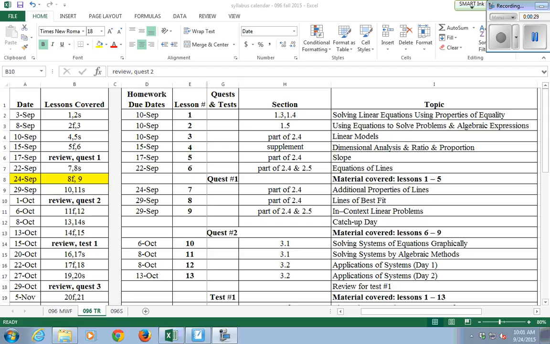I will tell you a little bit more about it on Tuesday, but for now I'll tell you it covers lessons 6 through 9. So what we talk about today, from lesson 6 all the way through today, is what's going to be on quest 2. And just as a reminder,